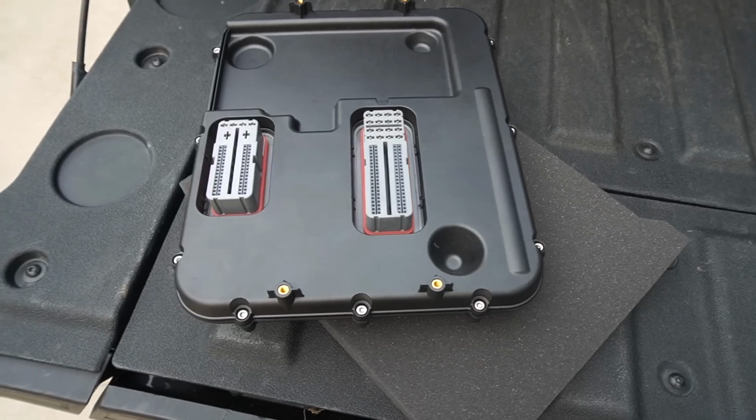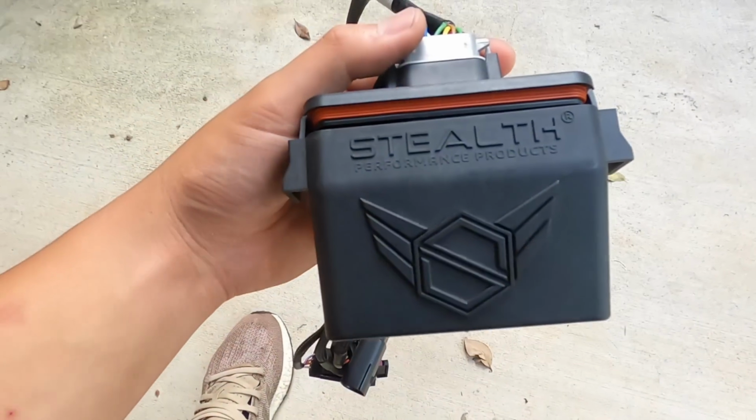Let's go ahead and talk about emissions compliant tuning. There are 2 emissions compliant tunings for the L5P Duramax. One is when you flash your ECM, and then the other option is an inline tuner such as the Banks Derringer or the Edge Pulsar. There are some modules like the Stealth module, and to be honest with you guys, the